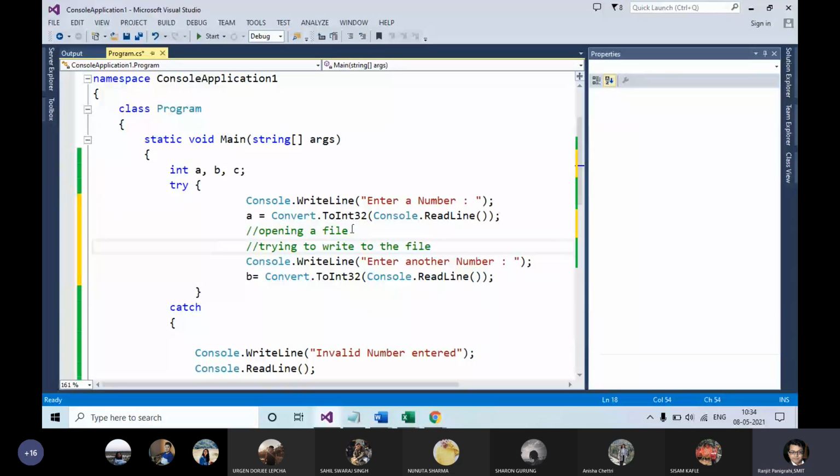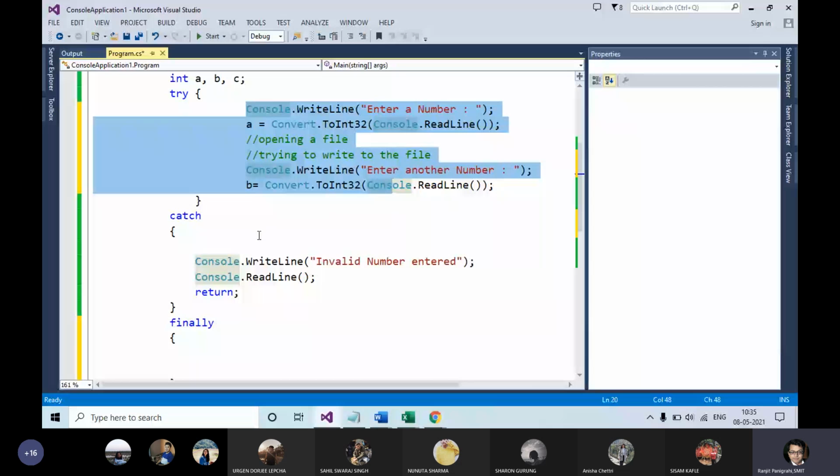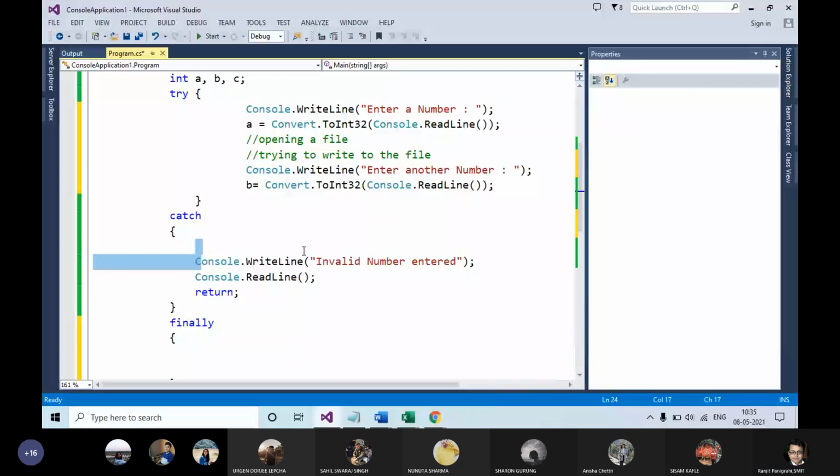You open the file fine, but now you are writing to a file which is read-only. So your program will not be able to write to the file. As a result, an exception occurs, the control jumps to the catch block, and the error message is printed.